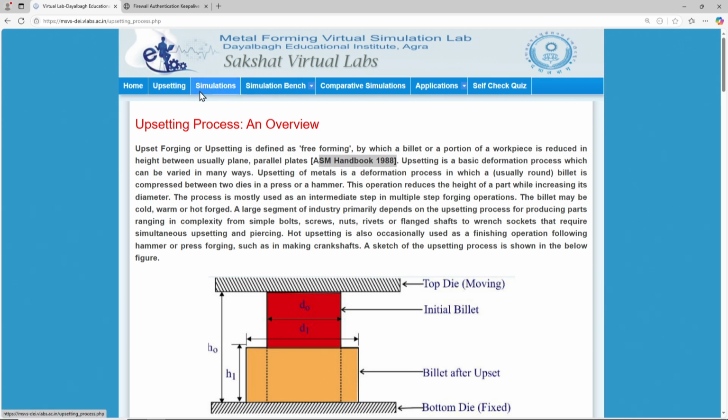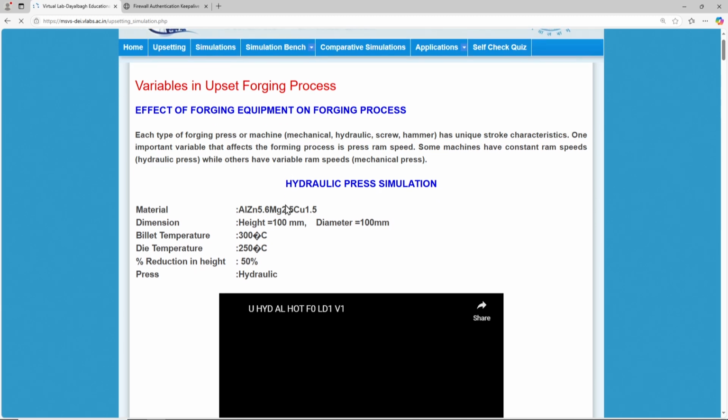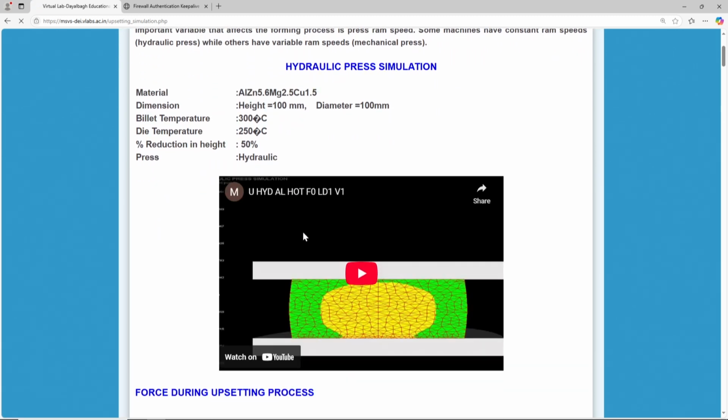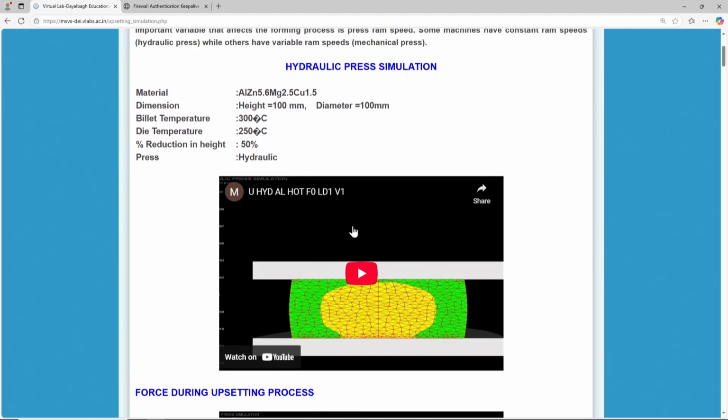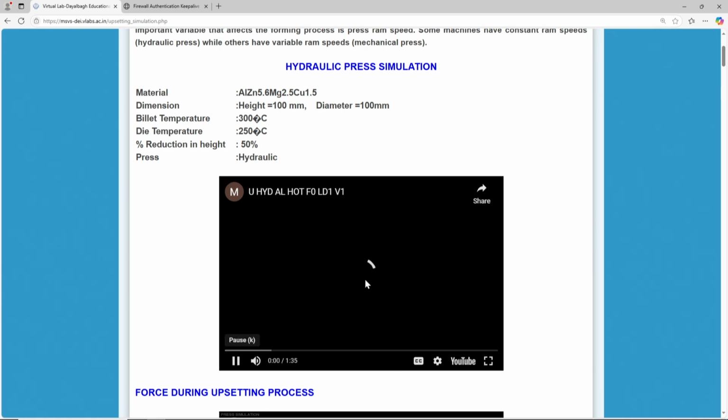Now in upsetting, if I come to simulations, this is one simulation that is given about the forces, how do those travel. For example, if I play this video in which material is aluminium, zinc 5.6, magnesium 2.5, copper 1.5, height is 100 millimeter, diameter is 100 millimeter, and billet temperature is 300 degrees centigrade, die temperature is 250 degrees centigrade, reduction in height is 50%, and press is hydraulic. If I play this video,